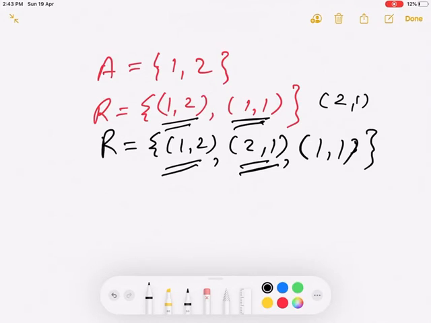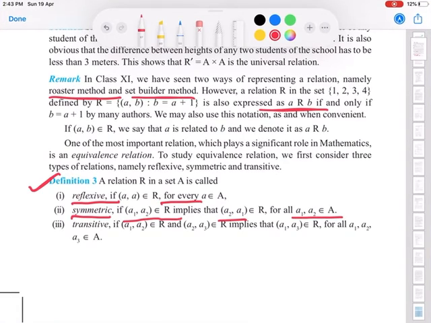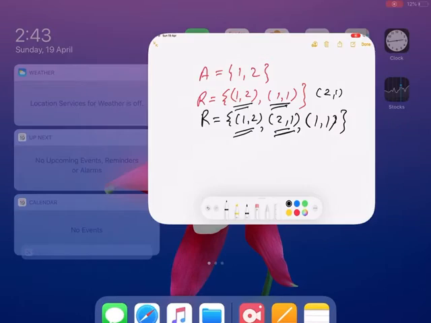Now let us go back to the third category. Now here the third category is transitive. So let us see when a relation will be called transitive. Now, the transitivity property I had already explained earlier in 11th standard, so it is just like the transitive property. Now here they say that a relation R will be transitive if a1 comma a2 belonging to R, a2 comma a3 also belonging to R, implies that a1 comma a3 will belong to R for all a1, a2, a3 belonging to A. So let us see an example of this also.